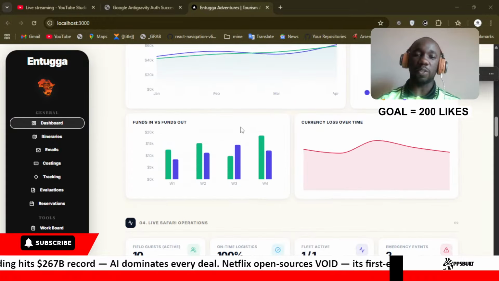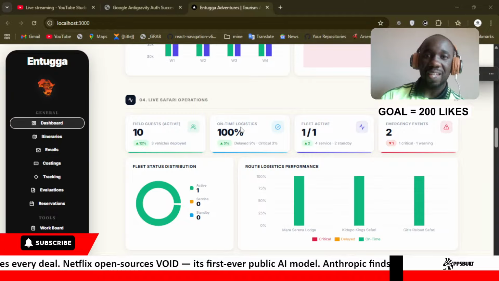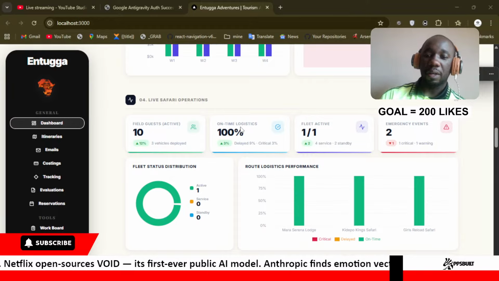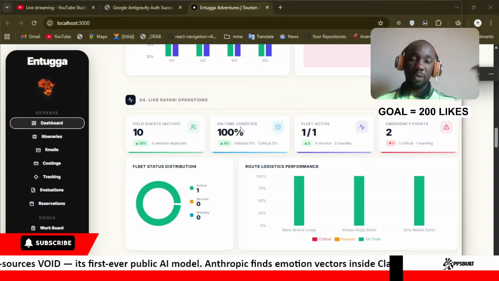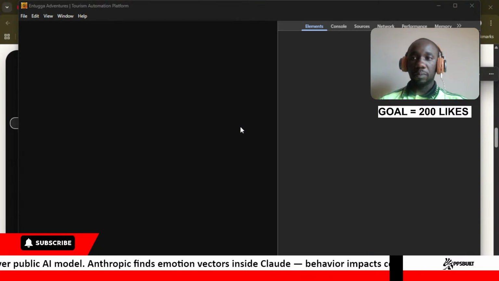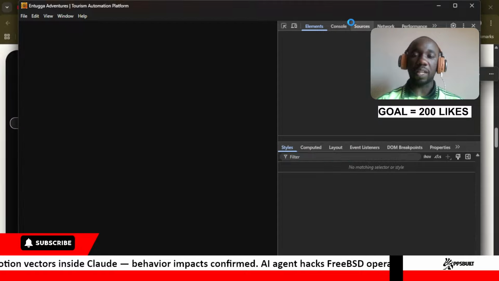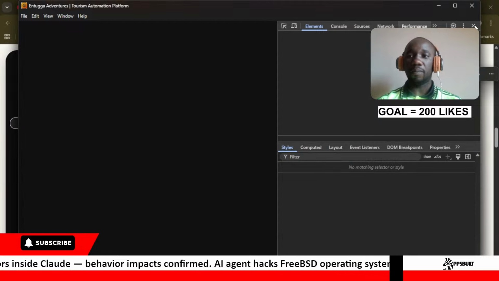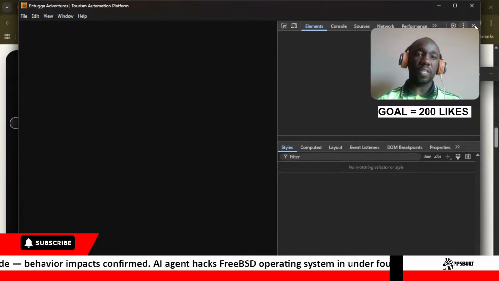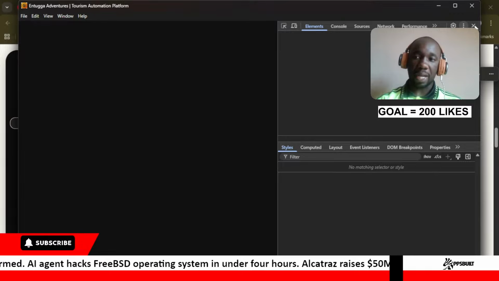What we are working on is ensuring that this particular app is set up very well as a Windows app, and then we are going to hand it over to the client. This app and all the processes that we've worked on,